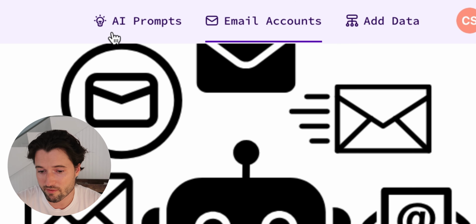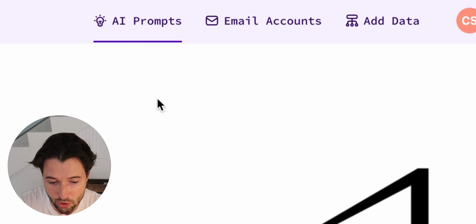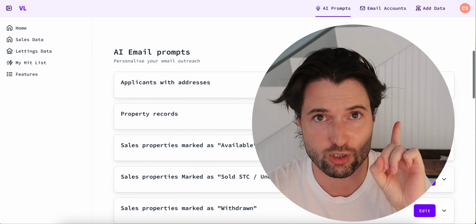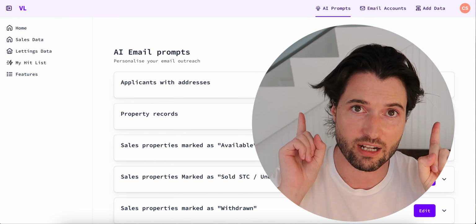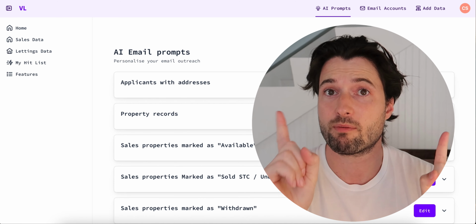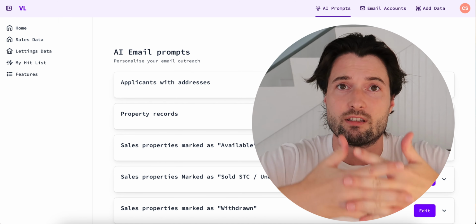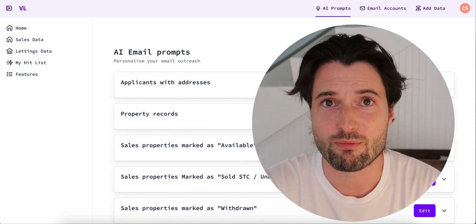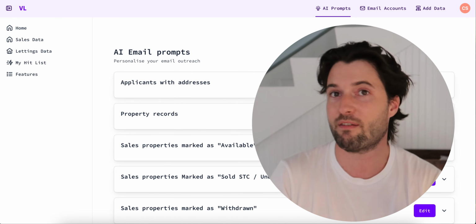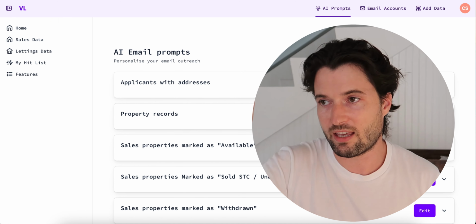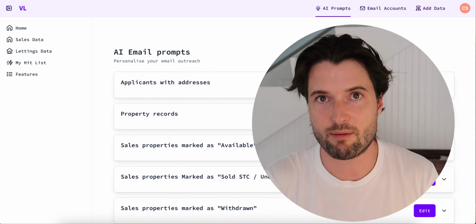Then what you would do is you'd go over to your AI prompts, because the AI has access to your database, which is awesome, and it's also got access to, as we've just seen, every single property on the market for sales and lettings. So it's able to cross-reference that data in a very awesome way, which will tell you exactly, if you've got a database, for example, of 10,000 property records and 20,000 applicant records, it will